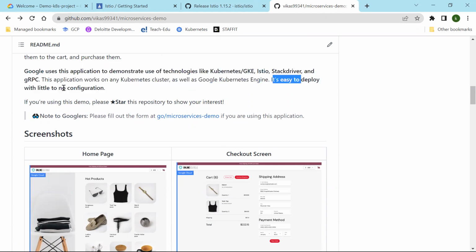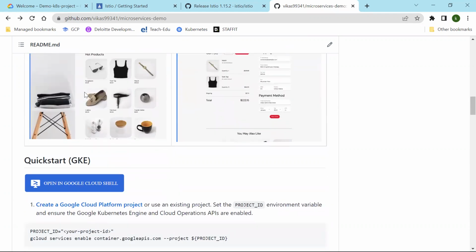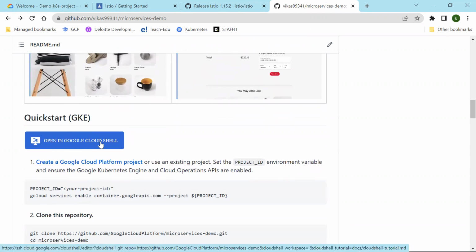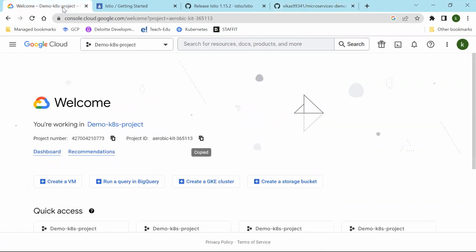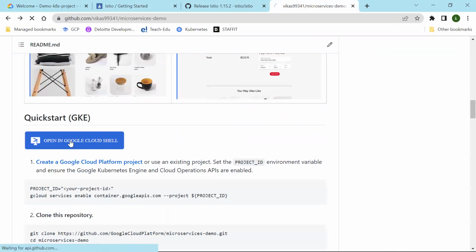So it is easy, and you will not need many commands. You don't have to memorize everything. I will show you this there. But before doing all those things, let's start here. It says open it in Google Cloud Shell. So you can directly come here, or you can click on this link, and it will bring you to